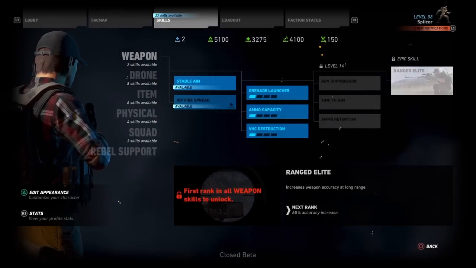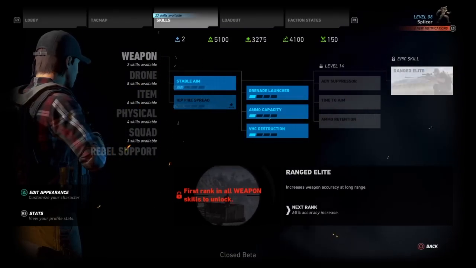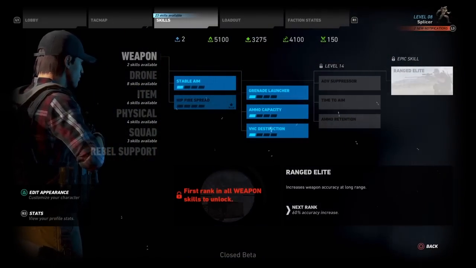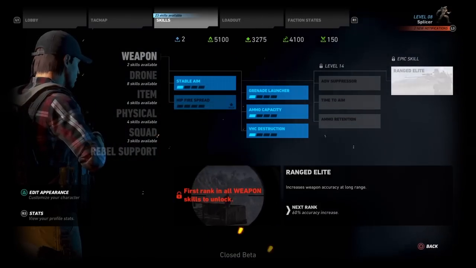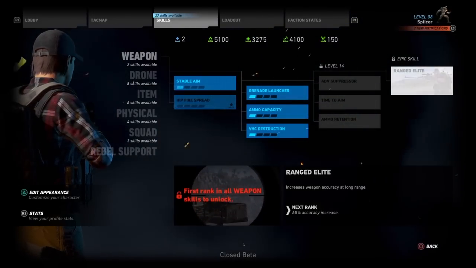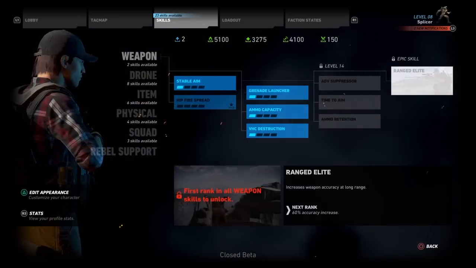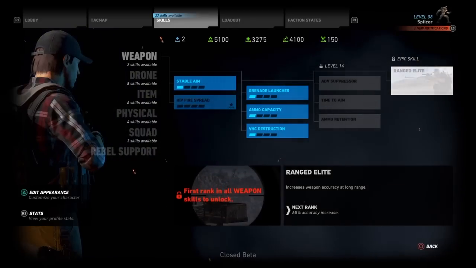The epic skills can be ranked the same as the previous skills, however you would have to unlock all of the previous skills to then unlock the epic one. But there are still ranks within that skill. You can see there it says next rank, which will be a 60% increase in accuracy, which is massive, but obviously that's towards the end of the game, so it's going to be big rewards for those sort of things. So if we move on to drone then,